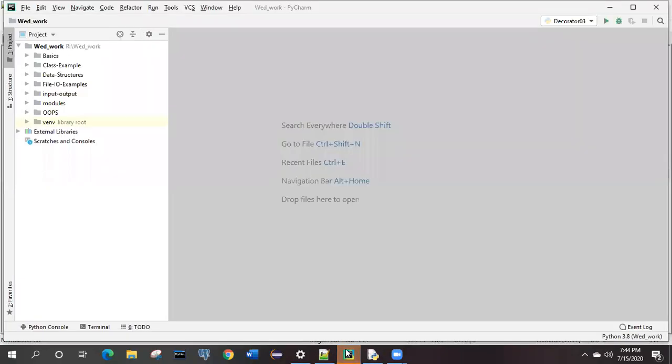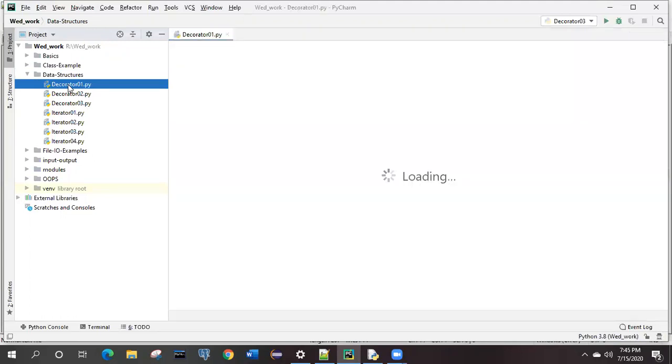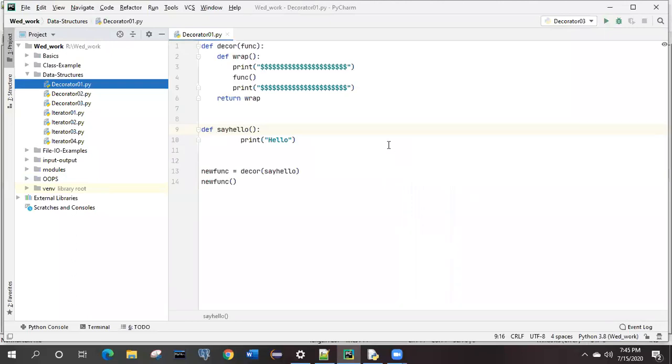So hopefully it is opened. Yeah, the basic example for decoration, like the work you have seen just now.